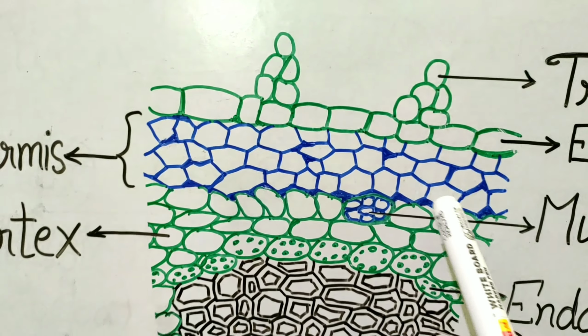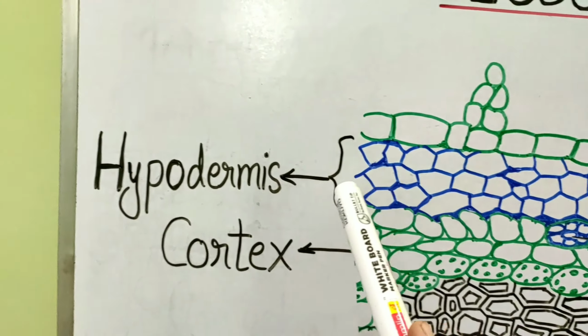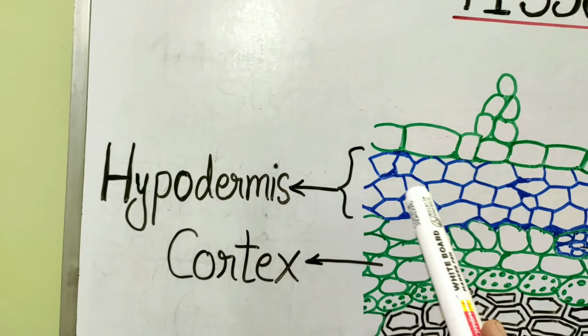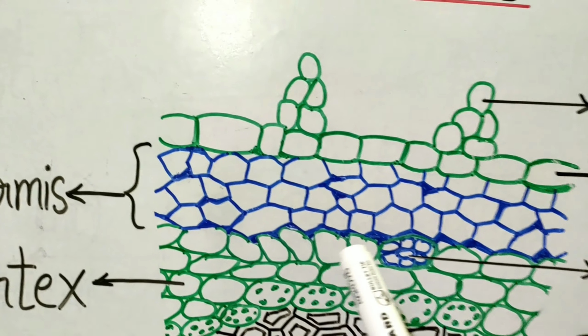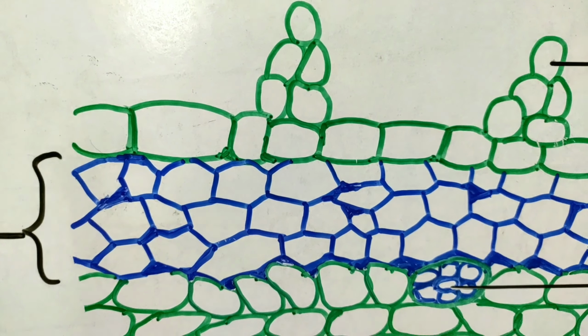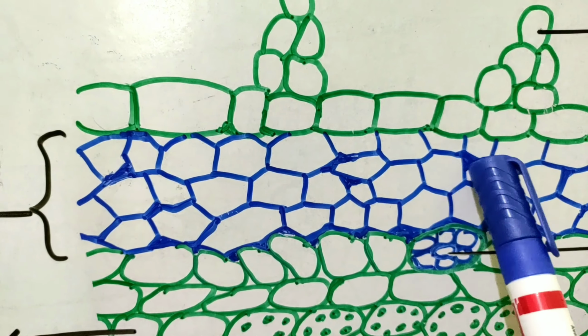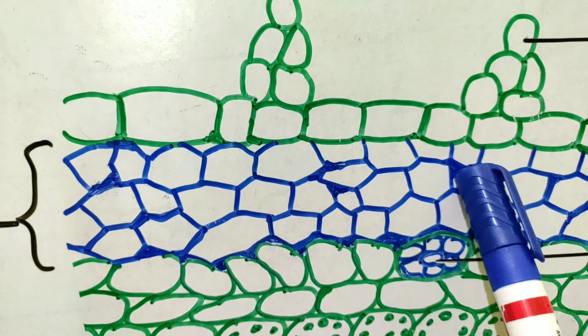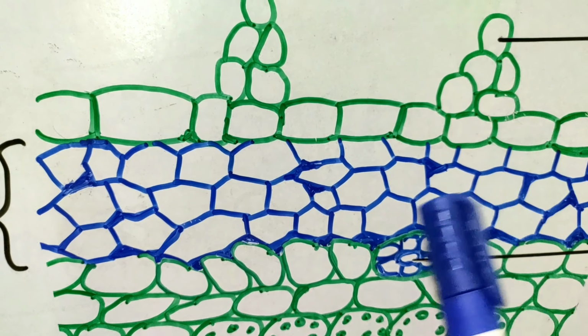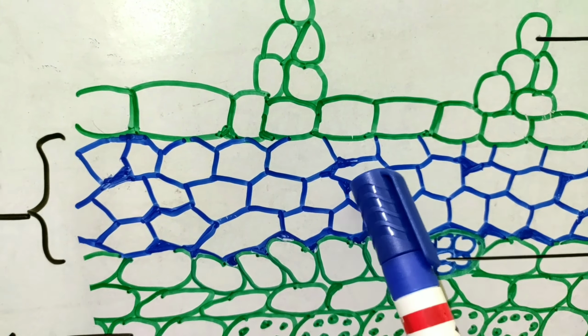The next layer, these blue color tissues which I have drawn, are collenchymatous tissues in case of your dicot stem, and it is known as your hypodermis. Hypo means below. Below what? Below your epidermis. This is made up of collenchymatous cells. You can see that here I have drawn them so closely. You can see the corners of the collenchyma cells; I have made them dark, isn't it? The corners will be giving it mechanical strength.